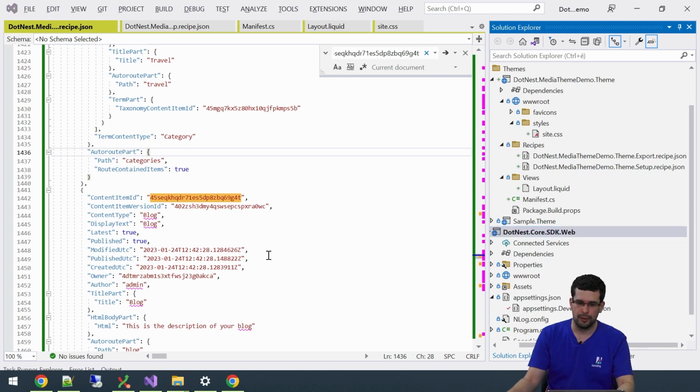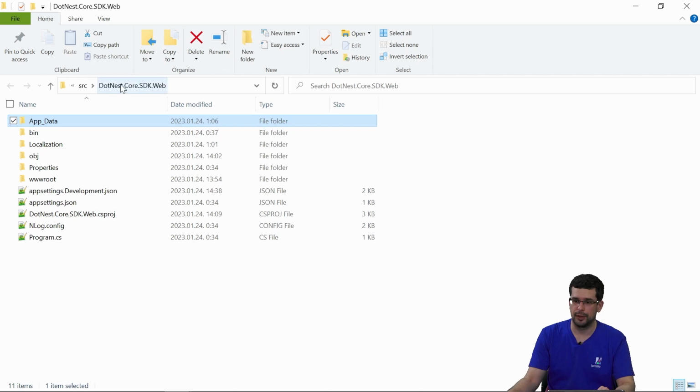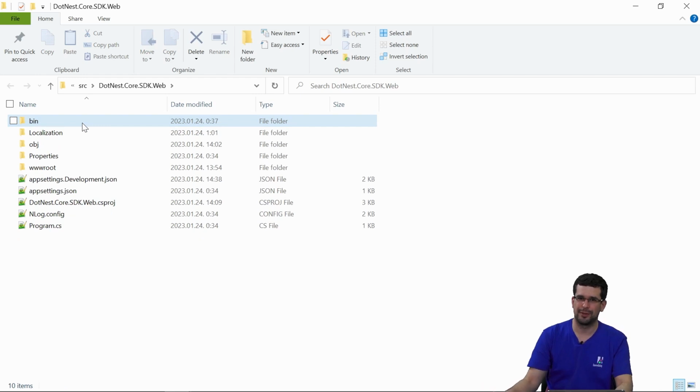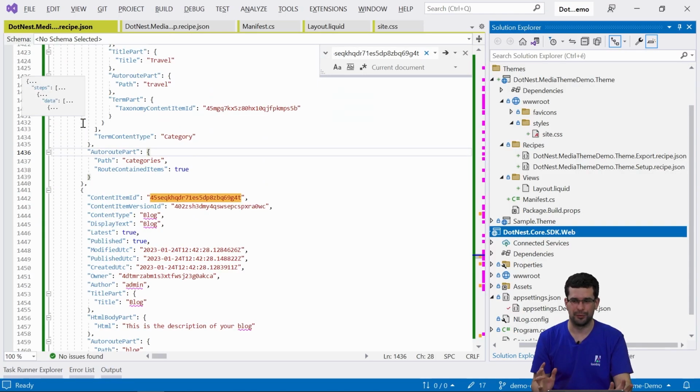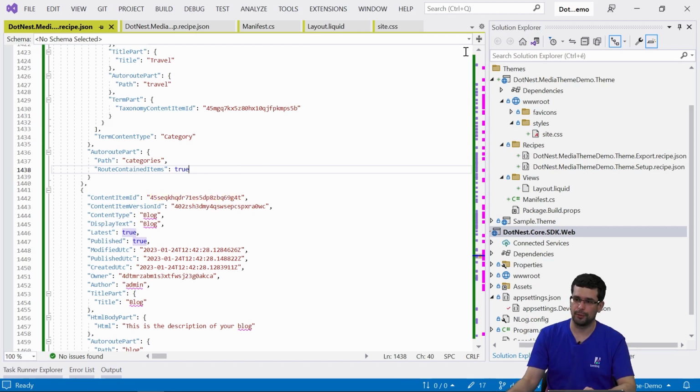If you want to pretty much start anew, as far as content and configuration goes, with an Orchard Core application, then you need to go to the web project and remove the app data. Of course, if you have some content or something that you actually want to keep, don't do that. We only do that because we store everything in recipes and we use auto setup to run the whole thing